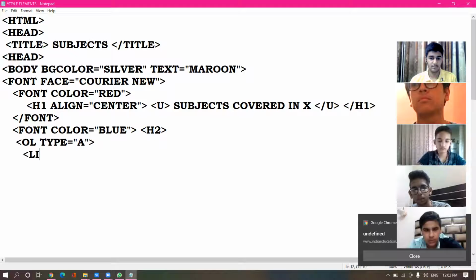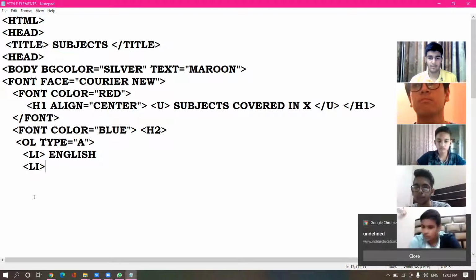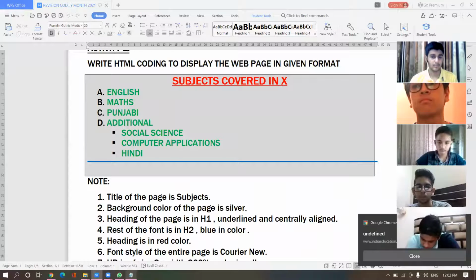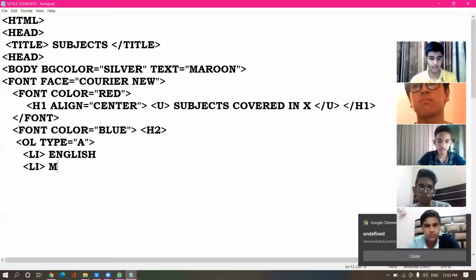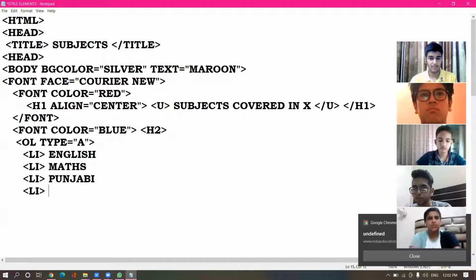First list item is English. Next list item in the list, Maths, Punjabi, additional. Same way, Punjabi, and then additional.